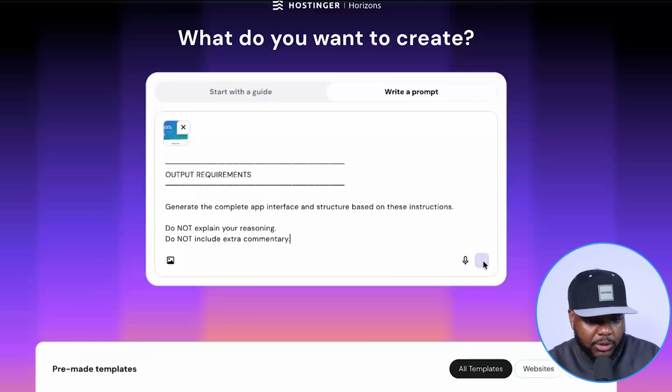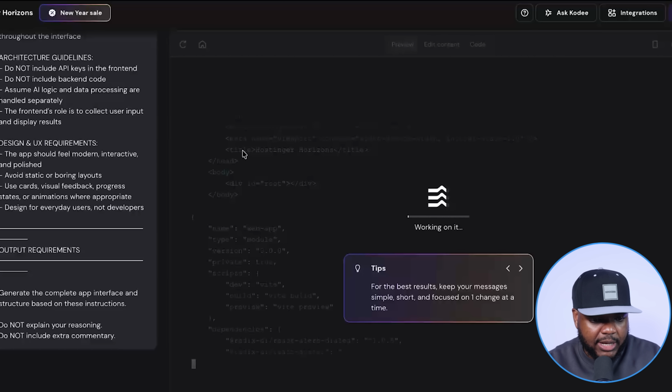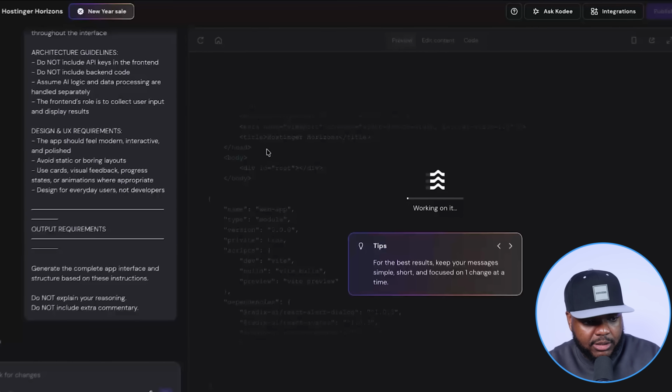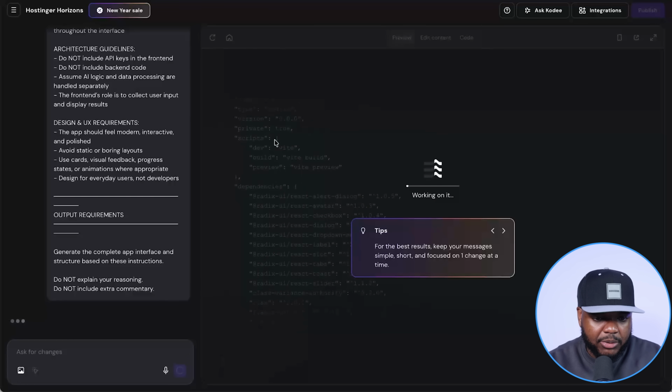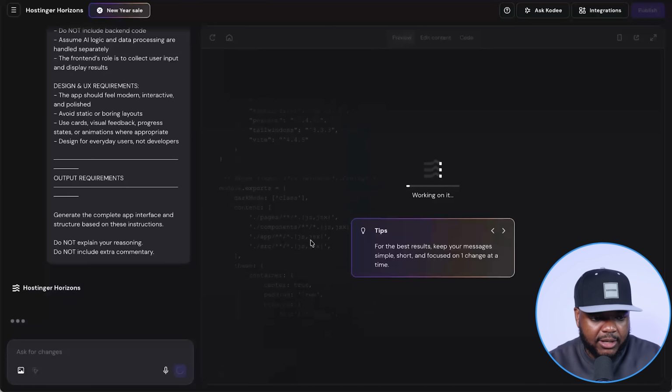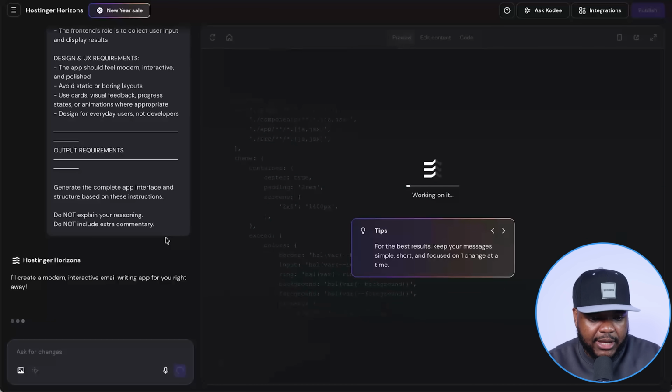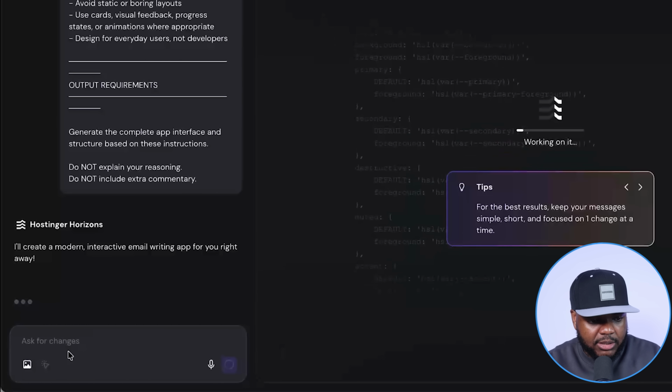But once you've done that, all you need to do is just click on enter, and straight away Horizons is going to go straight to work to start building out this app. So you're going to see all of the coding in the background. Once again, everything is going to be built using AI, so you're not going to have to do anything. You're going to be able to make any changes using the left hand side over here